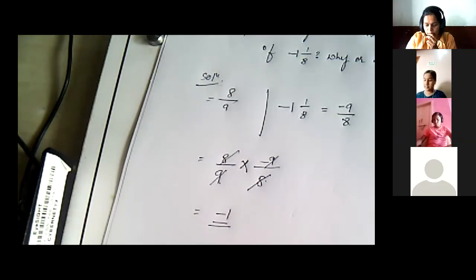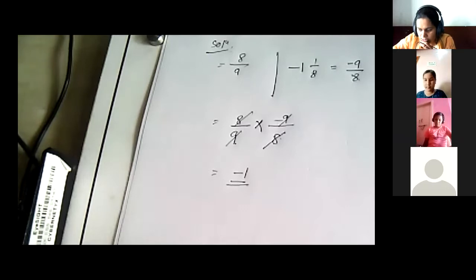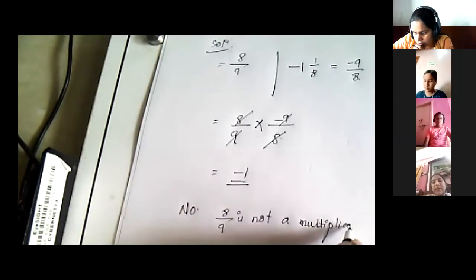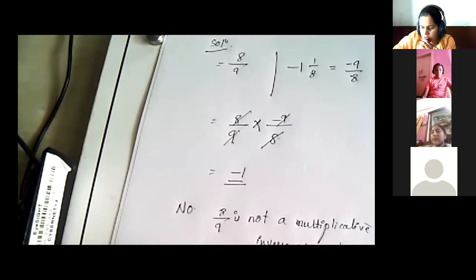Here we got minus 1. So now write no. 8 upon 9 is not a multiplicative inverse of minus 1 upon 8 because